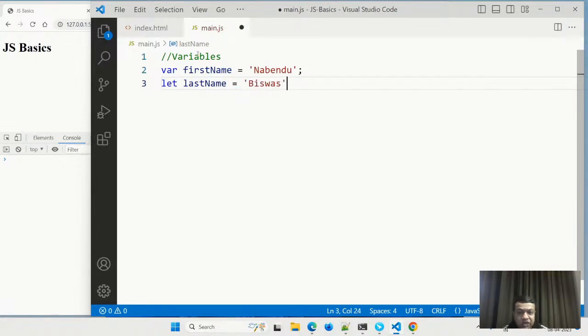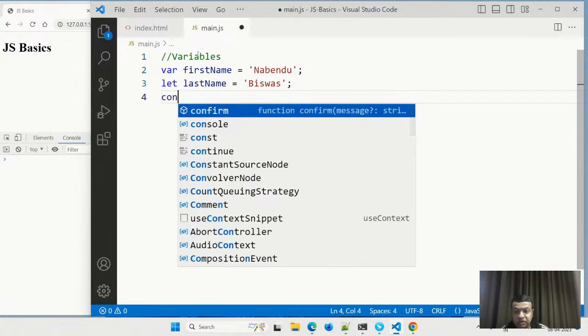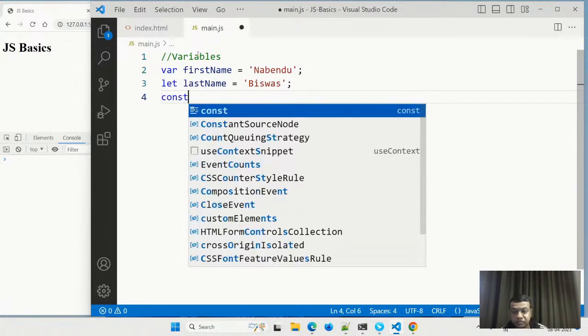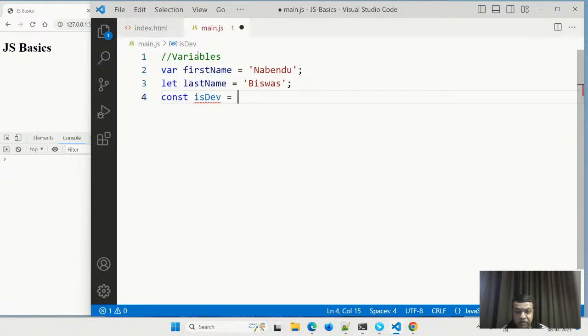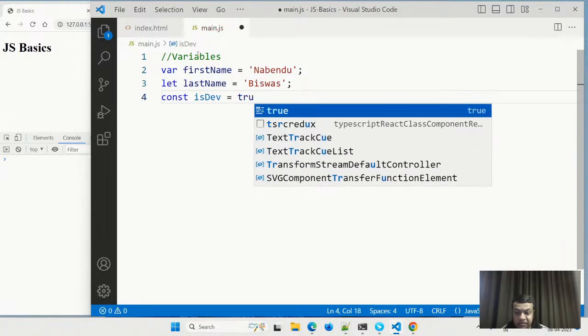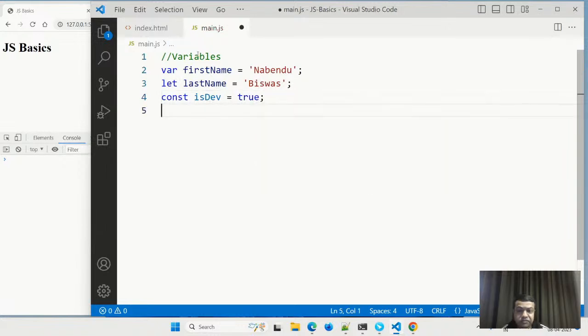So we don't have a string or something like this here. And then we have const, const equal to true. So variables in JavaScript are not int, string, or bool. It can be var, let, or const, any of the three. You can use var here also.